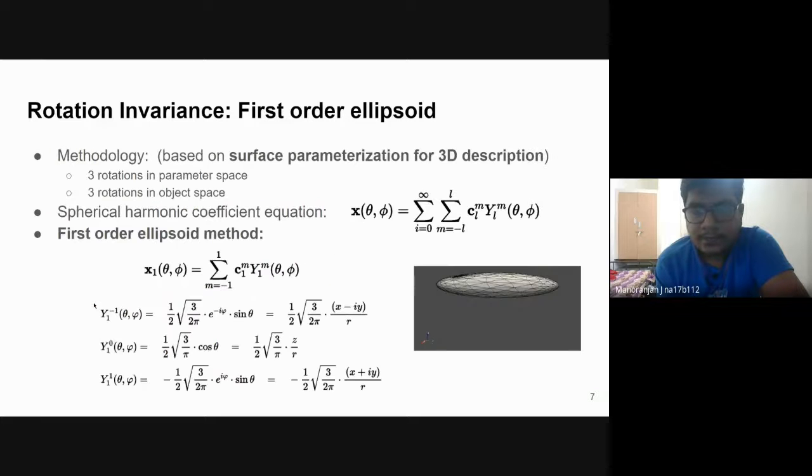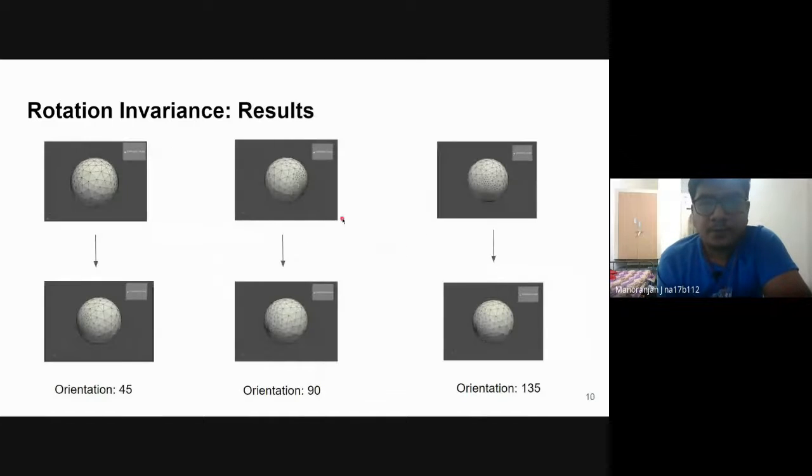So what happens is, as you can see, the ellipsoid will not have additional features, right? So it will not consider that aspect during the rotation. So what will happen is, there will be a reflection problem. So I'll be discussing what problem I'm facing. So even though the object will be properly aligned, there will be a flip or a reflection in one of the axes. So before moving to that part,